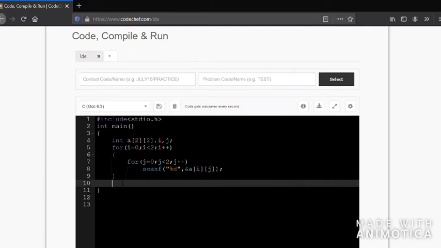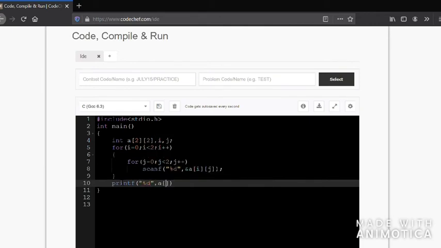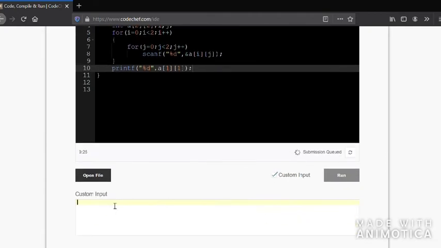And if you want, let us try printing printf %d a of 1 comma 1. Now let's see what the output of this is. If you give run, okay, I just made a mistake. You have to give input here. Now run.